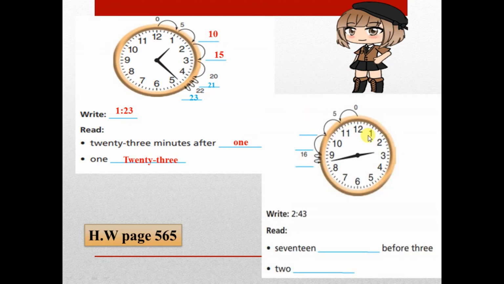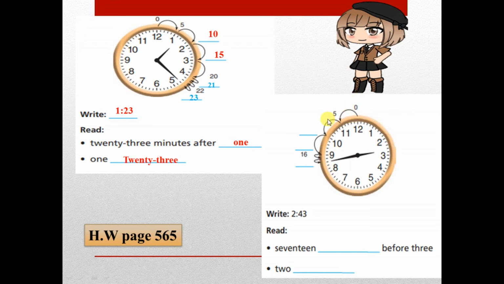Let's try another one. First, read the hours. It's 2 o'clock. Okay, 2. And how many minutes? Count starting from up. 5, 10, 15, 20, 25, 30, 35, 40. Then each one here after 40, 41, 42, 43. So it's 2:43. If you want to use the word before, so if you are standing here, so you'll count